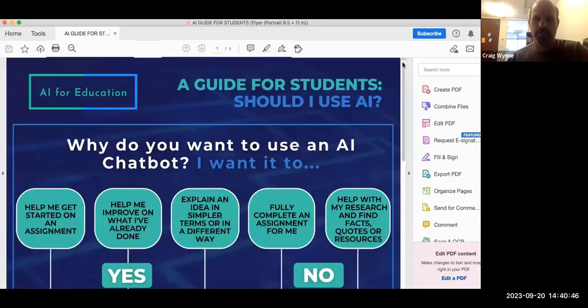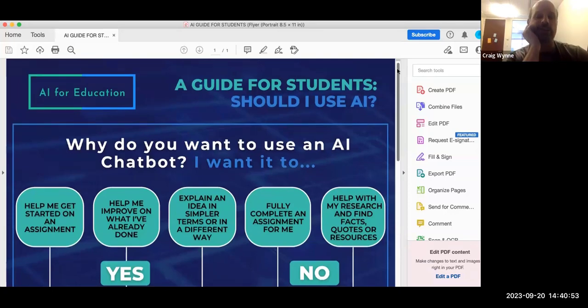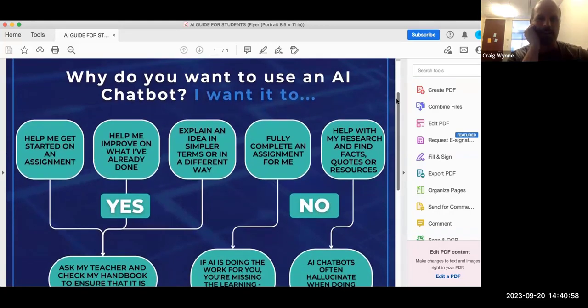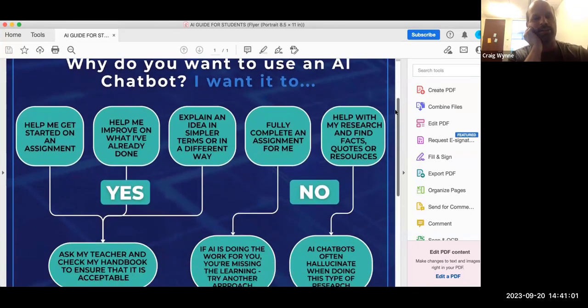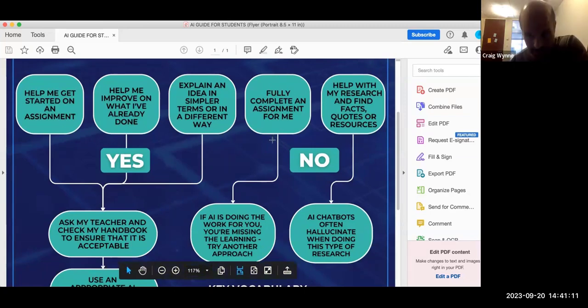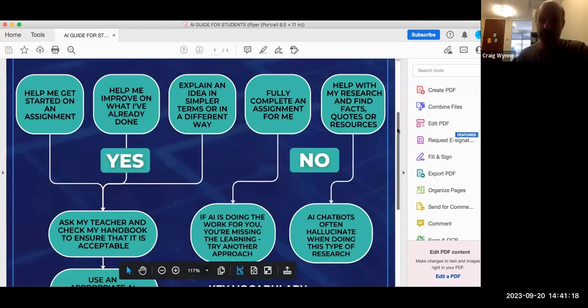And I don't know if you've seen this, Julian. I know I sent this to you and Fatma the other day, but before students actually jumped into using ChatGPT, we had a very nice discussion based on this infographic on AI. So just ways to use AI, like helping to conceptualize, helping students to understand ideas, and ways not to use it. So students obviously don't want to use it to complete the assignment, and also with research, because